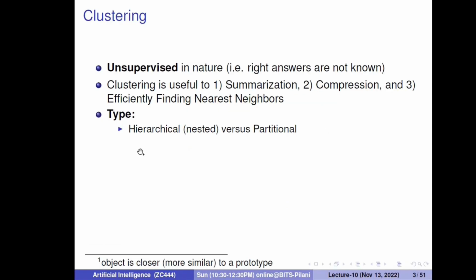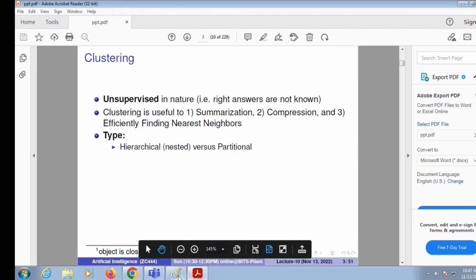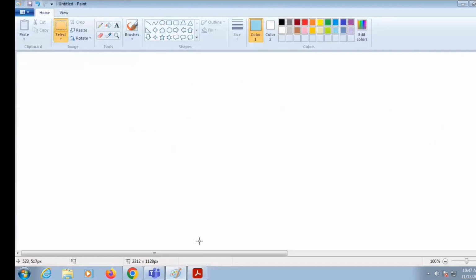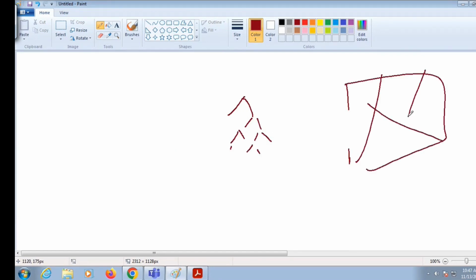If you want to do the clustering, we can do it in multiple ways. One method we just saw is the hierarchical way. Initially you say that there are three items, and inside these three items there are five more, something like that. It is hierarchical. Then another way is partitional. The difference is that in the hierarchical you create a hierarchy, this item, then this item, whereas in the partitional you divide the space into parts